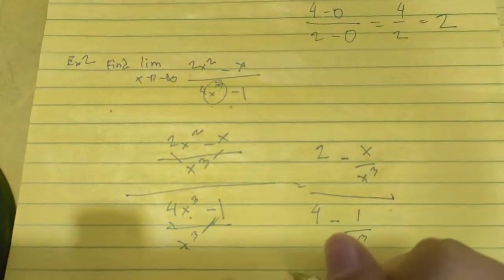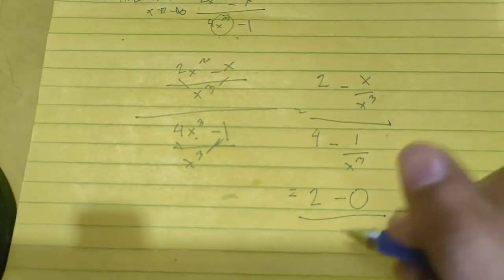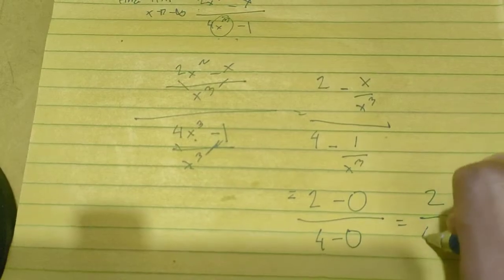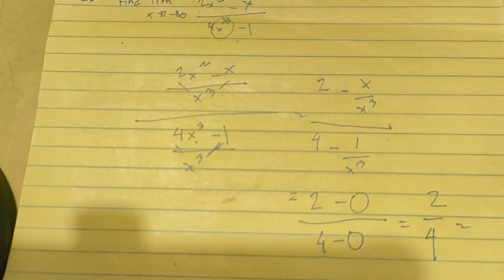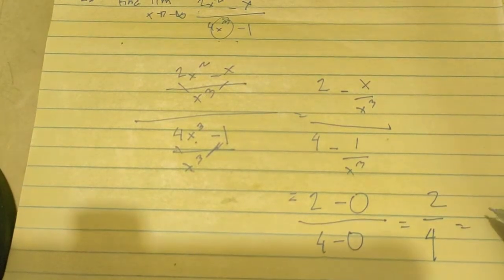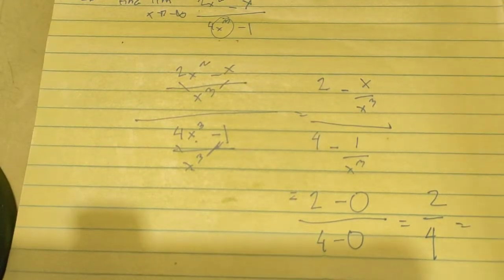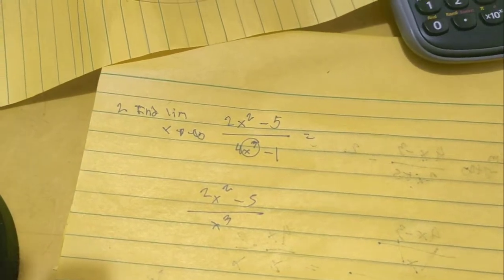So let's write it down here. 2 minus 0 over 4 minus 0, and we get 2 over 4, or in other words, we get, wait a minute, I'm using a calculator right now. Is equals to,